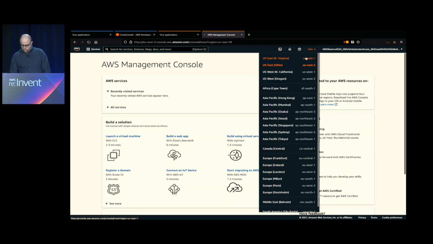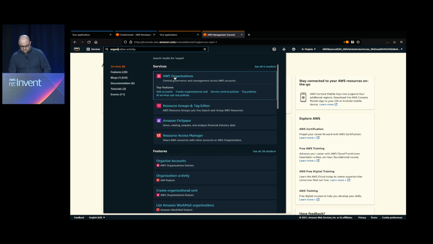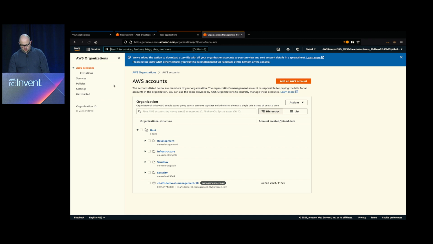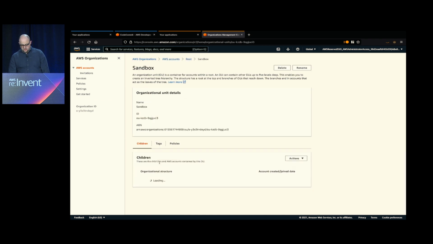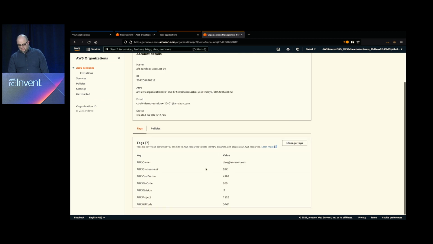And we go to our Control Tower region and go into the Organizations console. And here we have our OUs. We see the default Control Tower ones as well as the custom ones we've created. Since we're looking at Sandbox, here's our Sandbox account. And you can see that the tags that we specified are showing here.